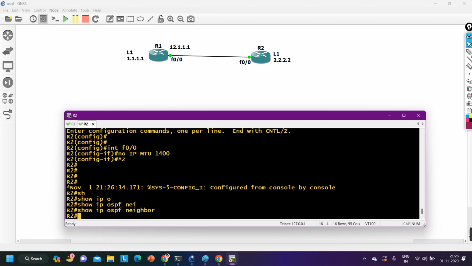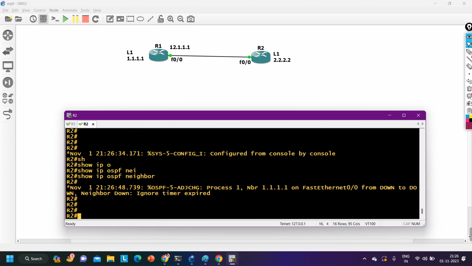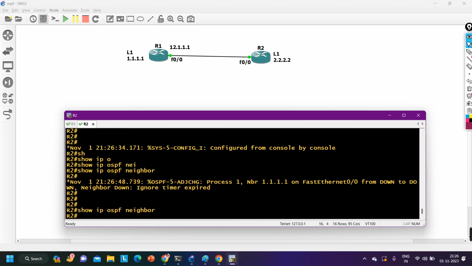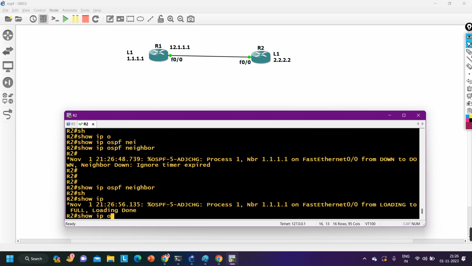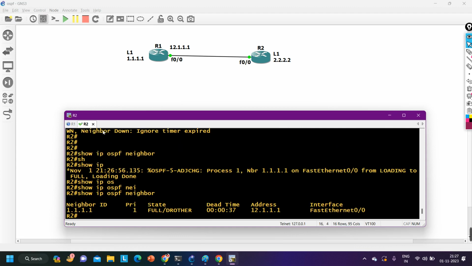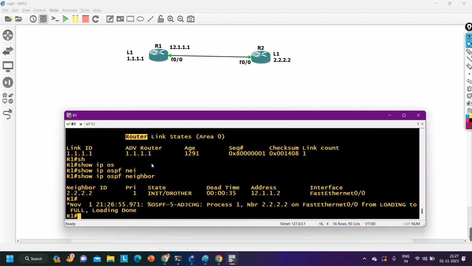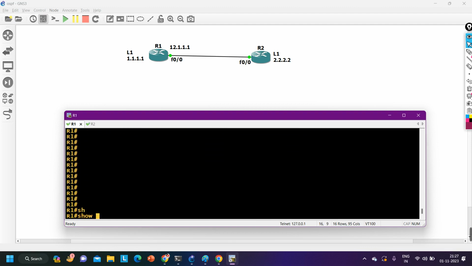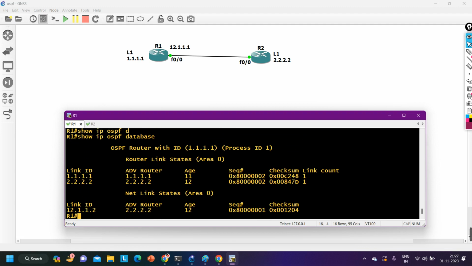So IP OSPF neighbor, fine. So now neighborship is full, and now if you will check database of router 1, so IP OSPF database,